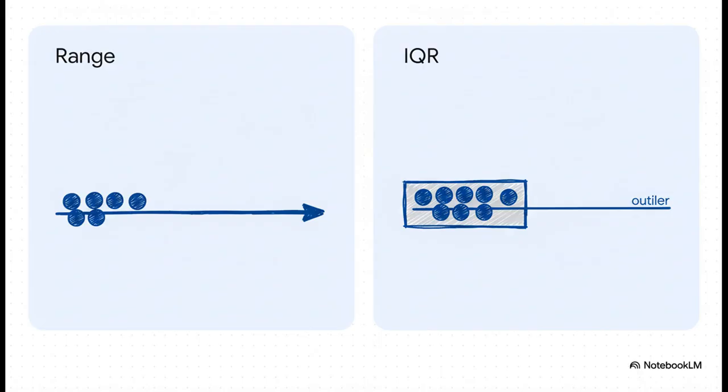So here's the deal. The range is simple, yeah? But it can be super misleading. One single extreme value, an outlier, can make the range massive. It's like judging a whole movie based on one terrible scene. The IQR, though, it's smarter. It only looks at the middle 50% of the data, so it completely ignores those crazy extreme values. That makes it a much more reliable measure of spread. Pro tip: if an exam question asks you to compare 2 datasets, using the median and the IQR is almost